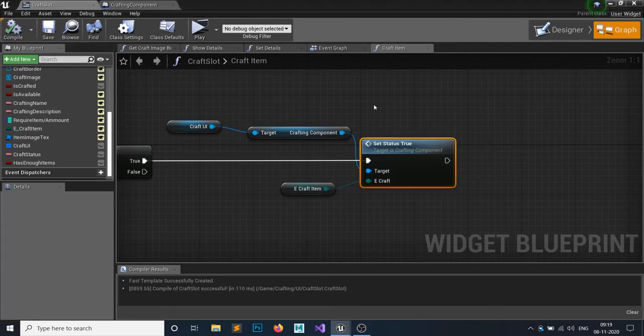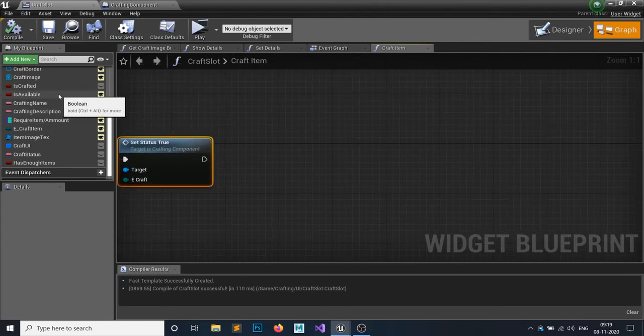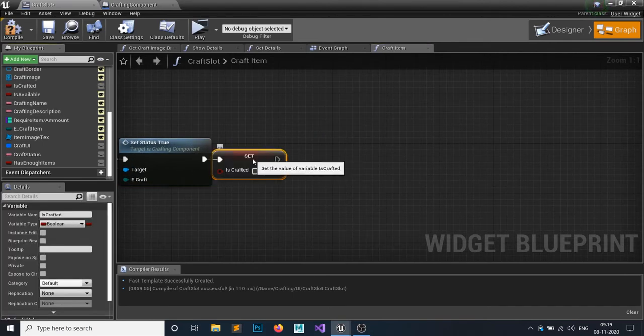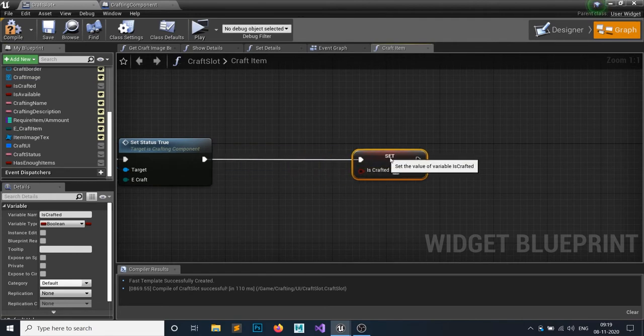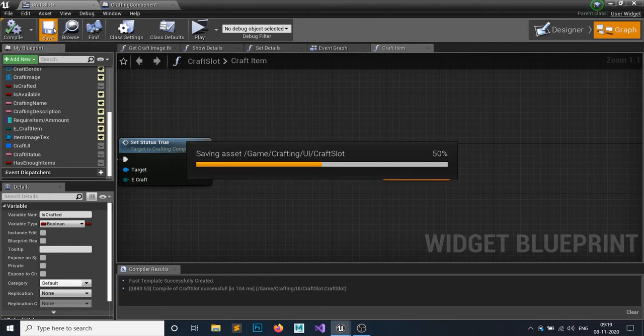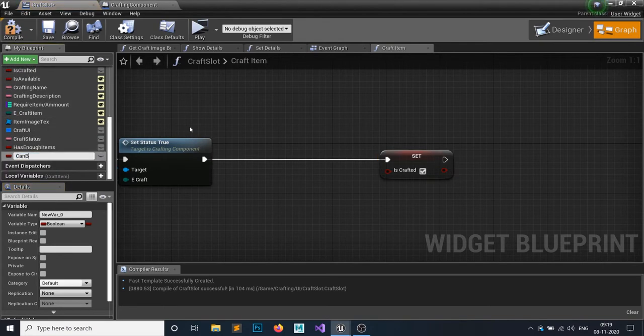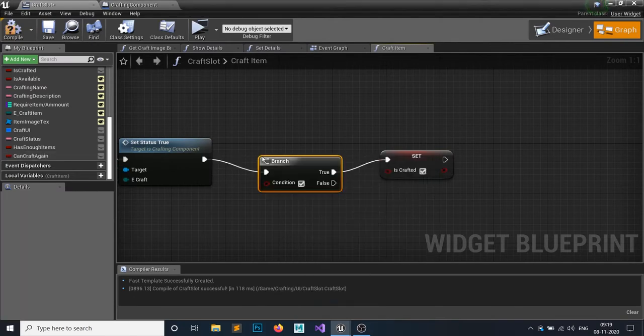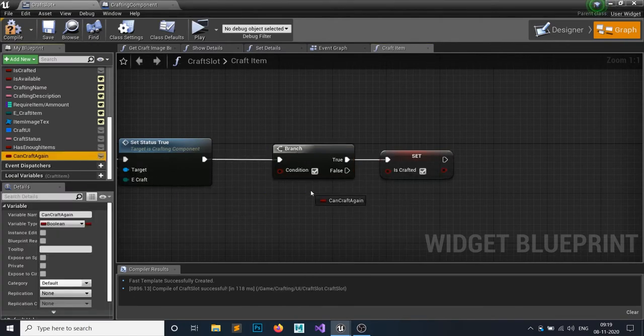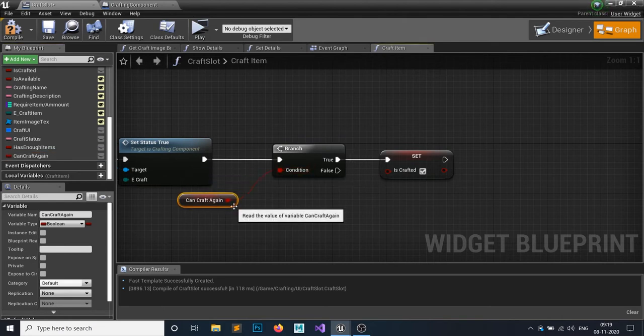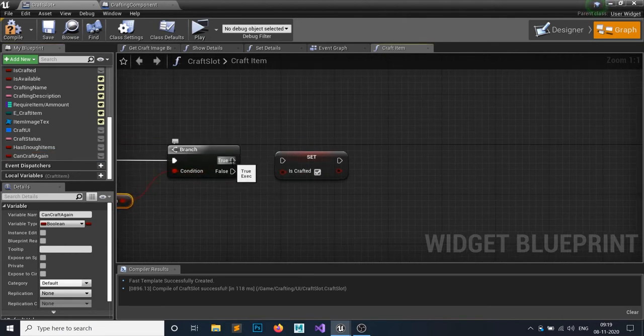After that, I want to set is crafted in here to true. And let's make another boolean variable called can craft again. So if it's a smoke bomb, that can be crafted again and again, but if it's a holster or something, then it cannot be crafted again. So if can craft again is true, then I don't want to set is crafted to true.